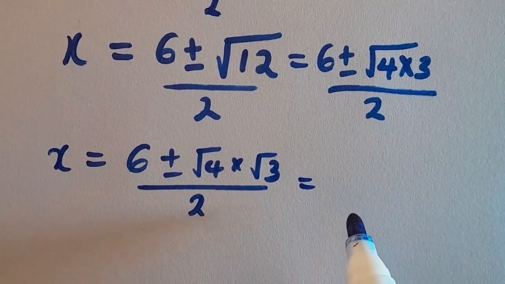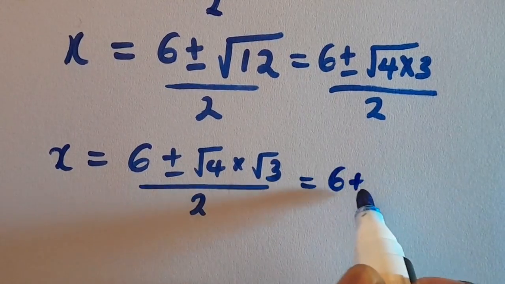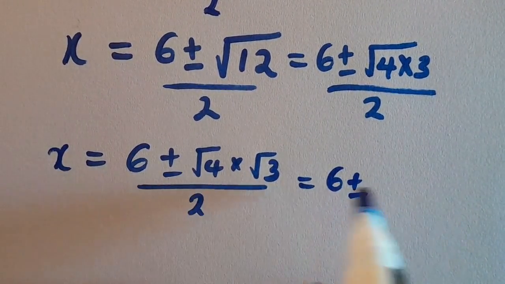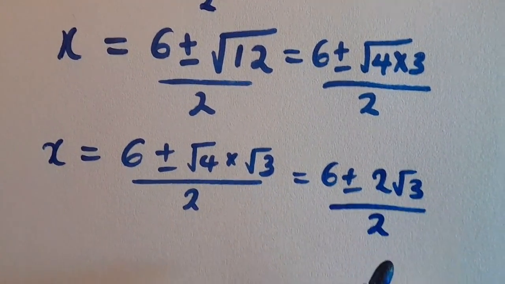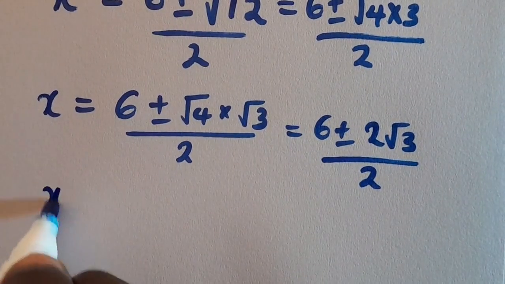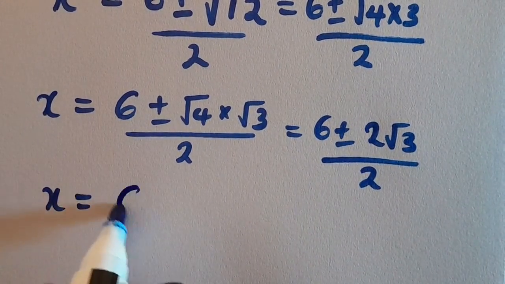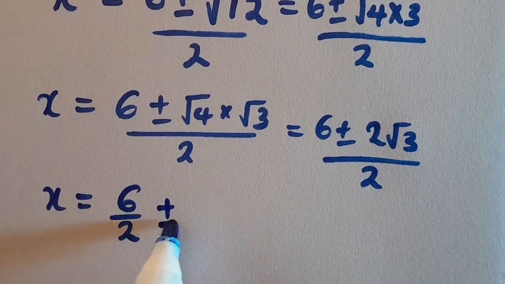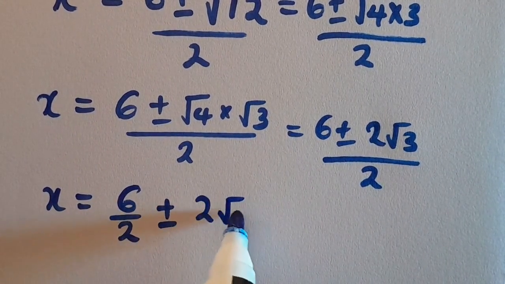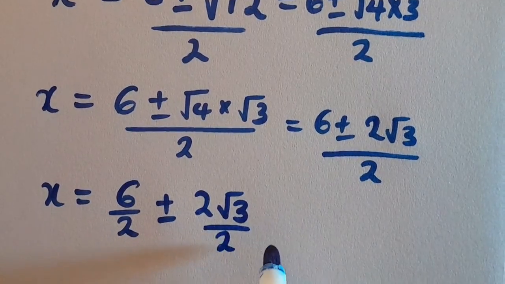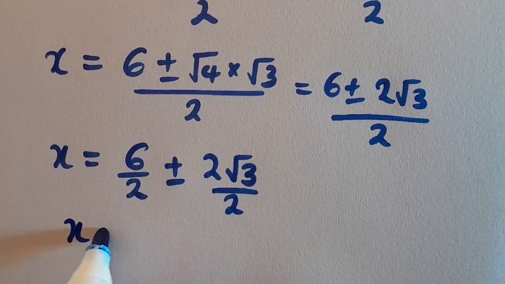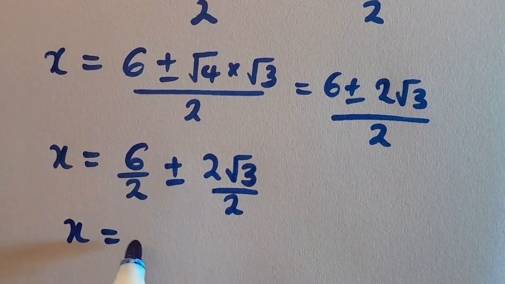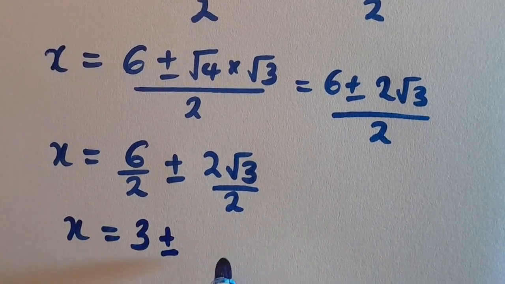And this will give us 6, positive or negative, root 4 is 2, then root 3 divided by 2. So we have our x equals 6 divided by 2, positive or negative, 2 root 3 divided by 2. So we have our x equals 3, positive or negative,